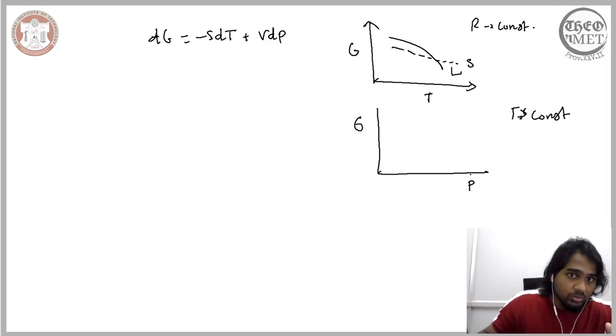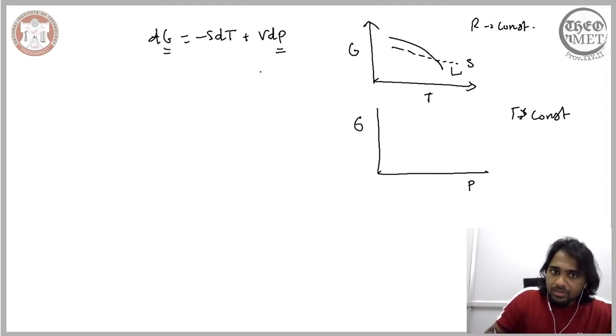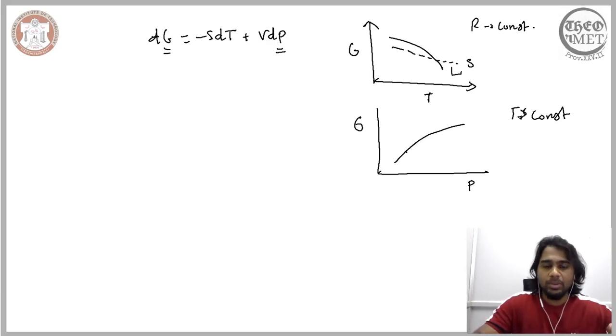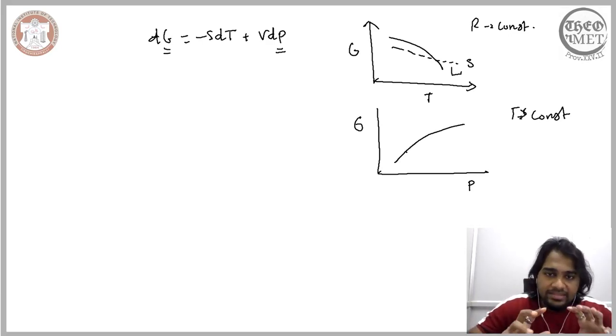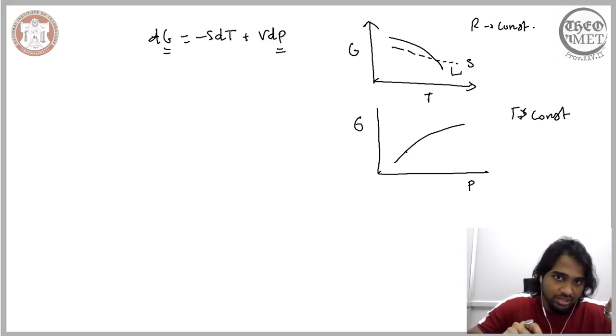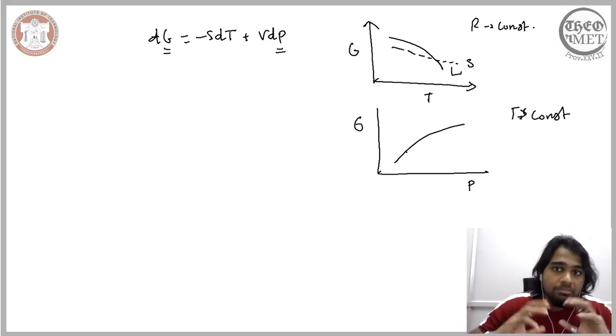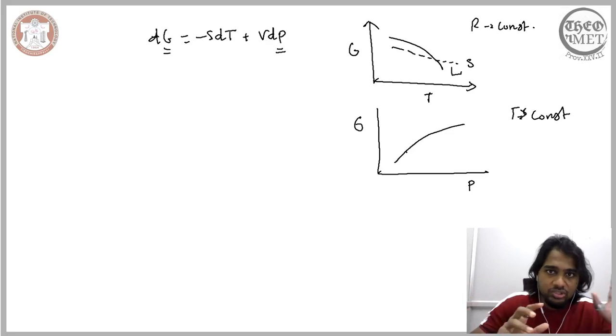Now, corresponding to the relation between the Gibbs free energy and the pressure, the curve that represents the change in the Gibbs free energy with respect to pressure needs to have a positive slope, and the slope should be equivalent to that of the volume. And since the volume, which governs the slope, is significantly different for a unary material in the solid state and the liquid state, the slopes of these two states will be considerably different.